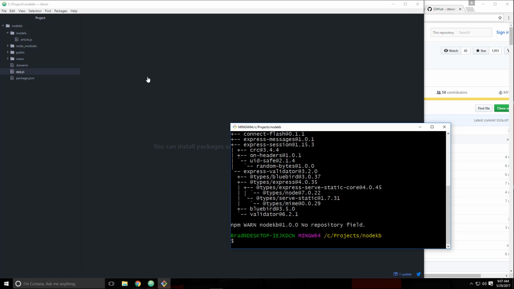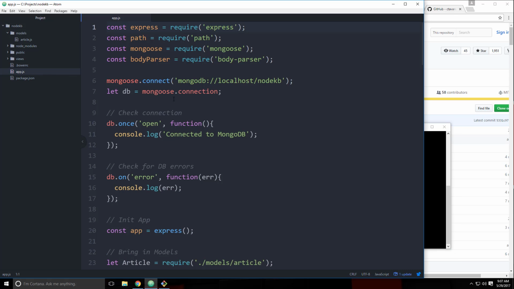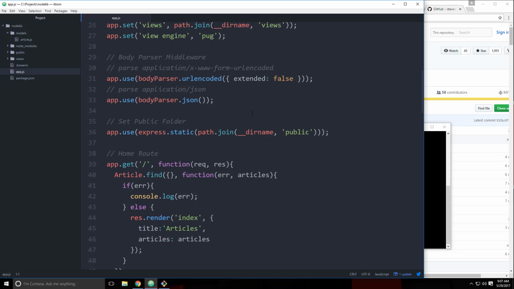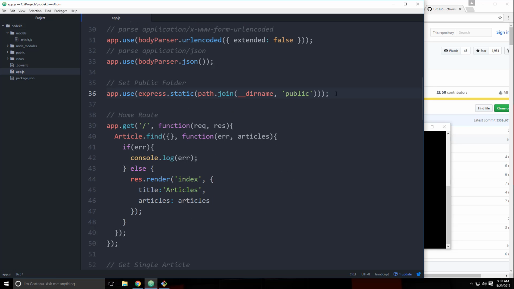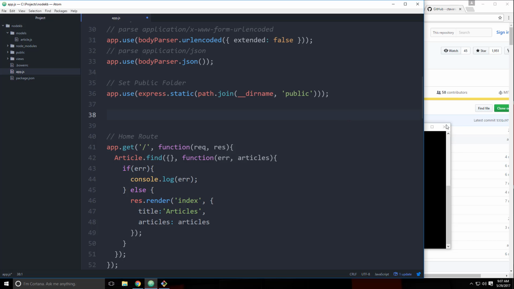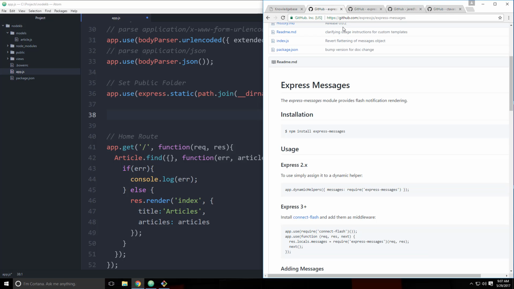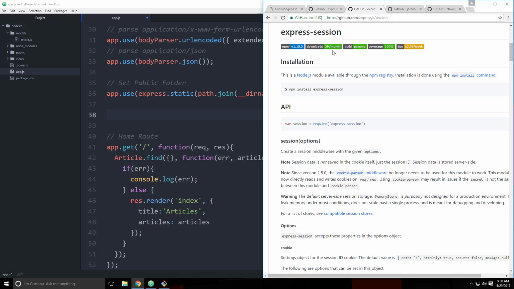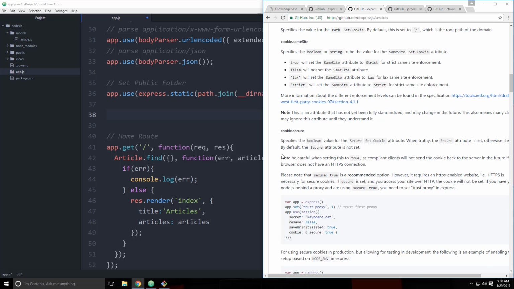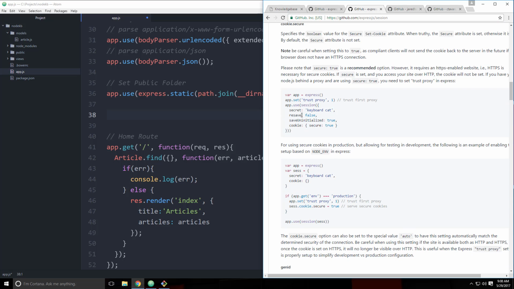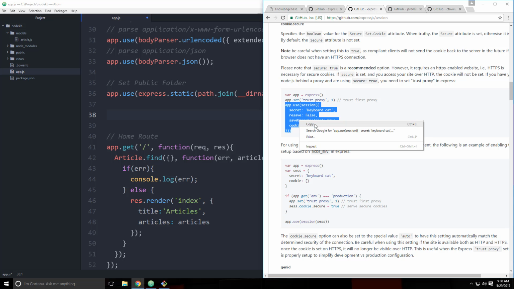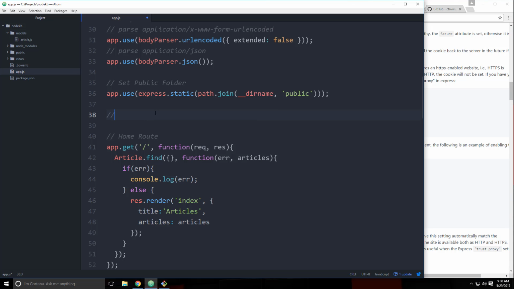All right, now what we want to do is start to add the middleware. Okay, so we're going to go to app.js, and let's go down to right under where we put the public folder. Actually, the first thing we want to include is Express Session, because that's needed for some of this other middleware. So it should have it on here. We want this right here, this app.use, and then passing in that session function. So let's copy that, and we'll say